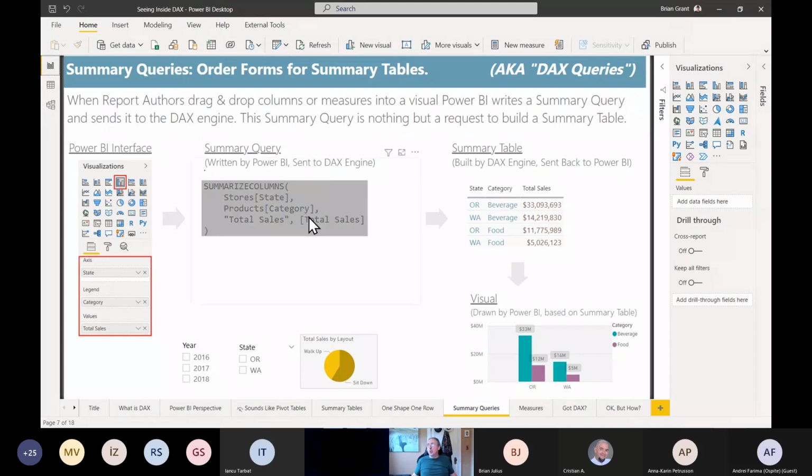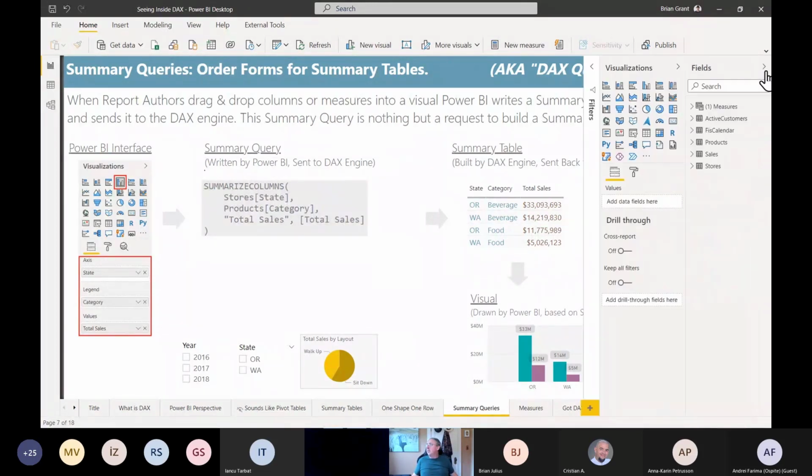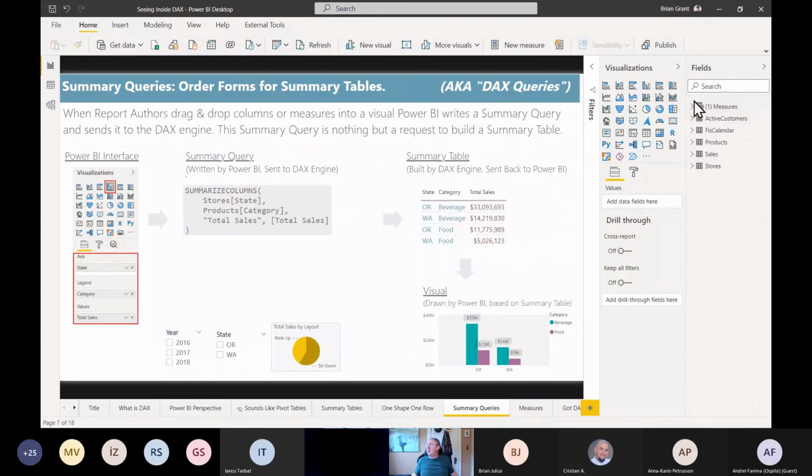The simple measure is total sales. If you're like, Brian, what's the measure? We'll get to that in a second. But if you studied ahead of time, we could go look at the total sales measure, which is quite simple,